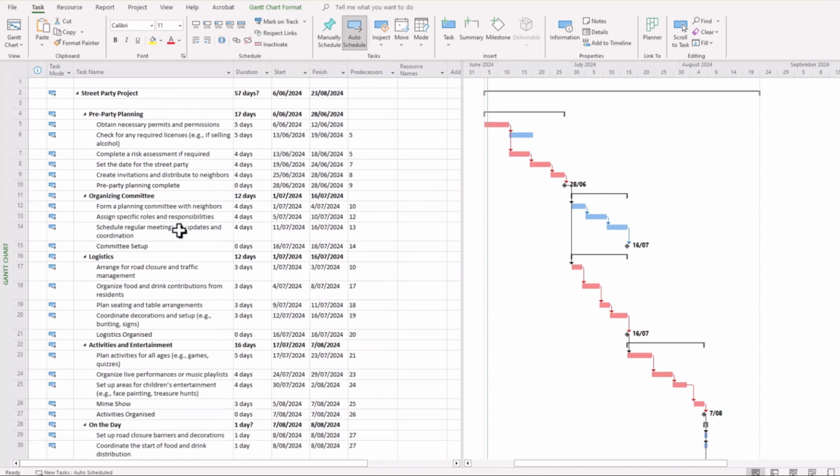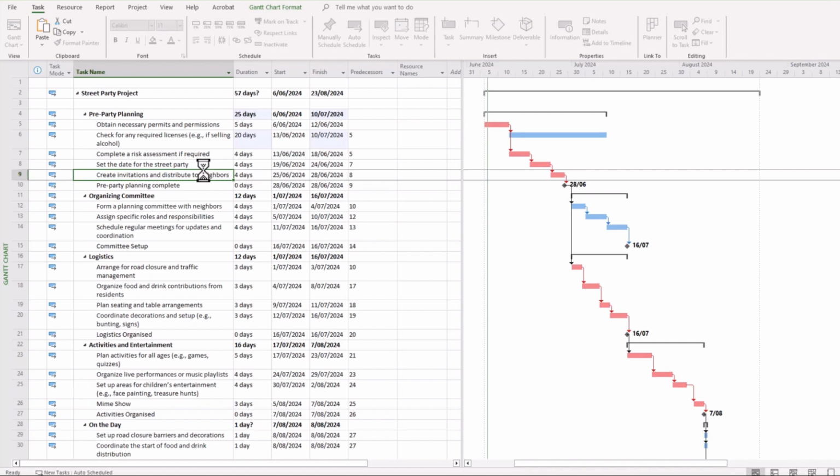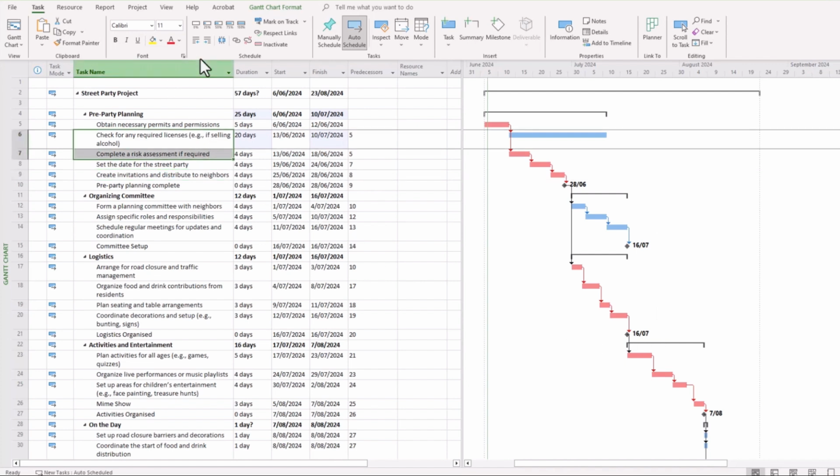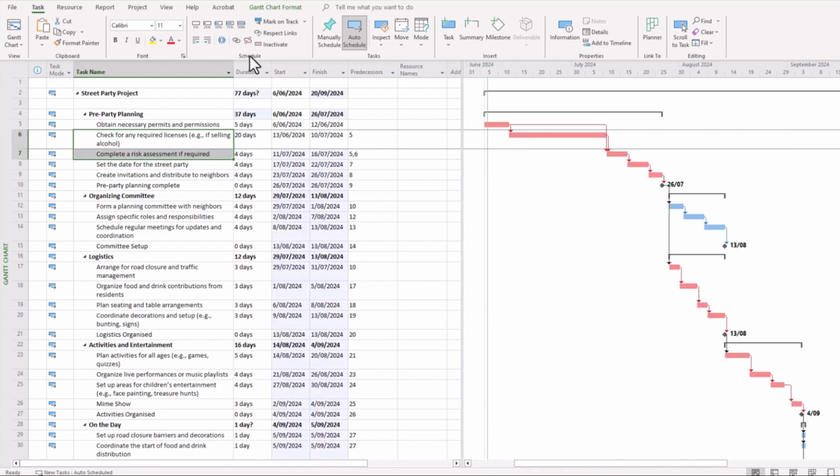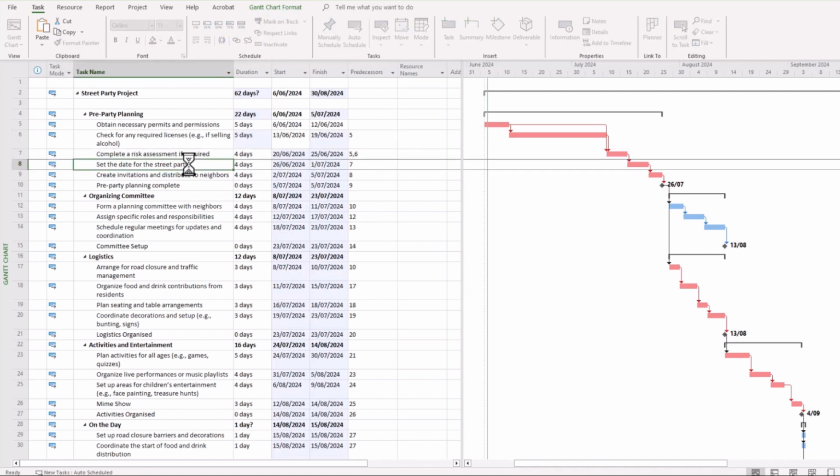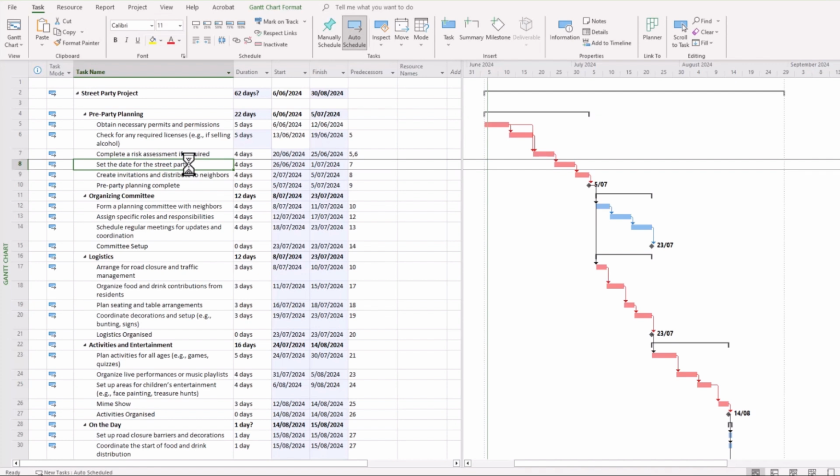The problem with this is what happens, for example, if one of these tasks was extended for whatever reason. It might have got massively extended, we'll put it out for 20 days. Well, you can see that if it's left unchecked, there are no consequences for the overall project. However, if we were to link that, well, then we can see that there are consequences to the overall project. So it's a very important thing to ensure that the tasks within the body of our particular project have the arrows coming out of them, or in other words, they connect in to a particular task or milestone within our schedule.